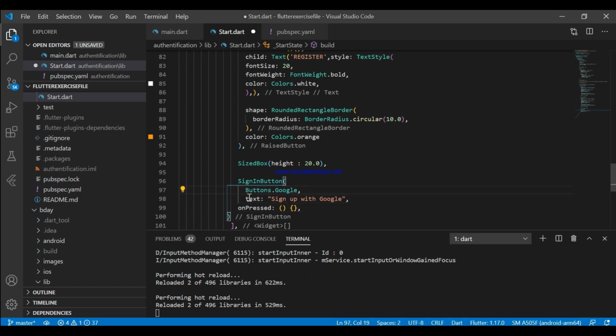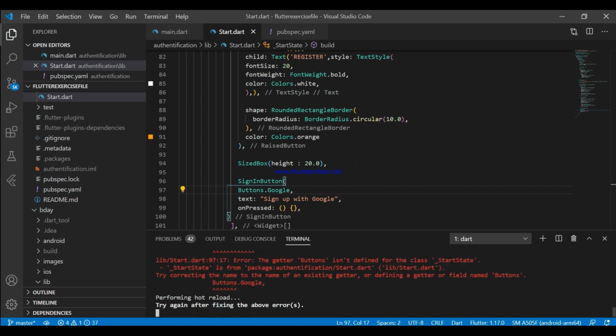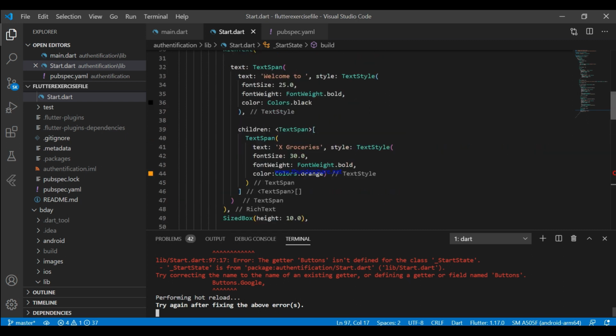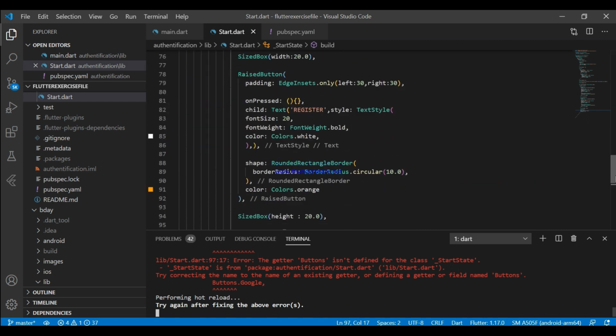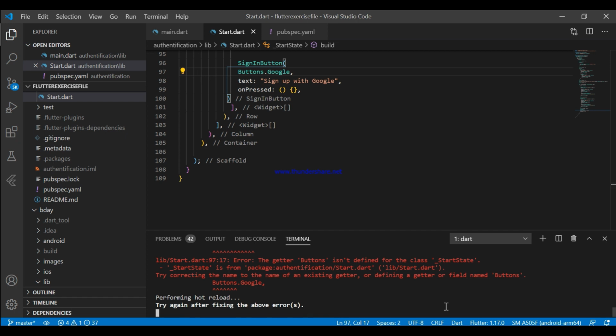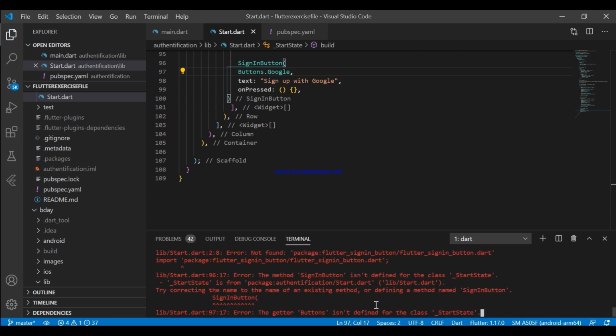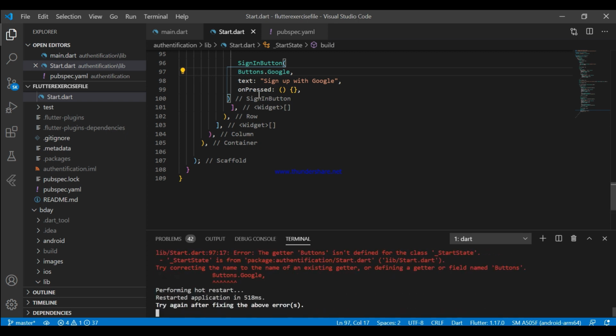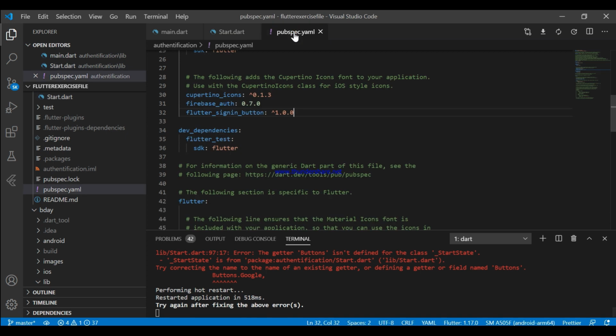This is a very good package for using customized buttons for authentication, like for Google, Facebook, and all other things. Why is it giving me an error? Let's reload again. Nope, I guess there's a problem while importing the package.